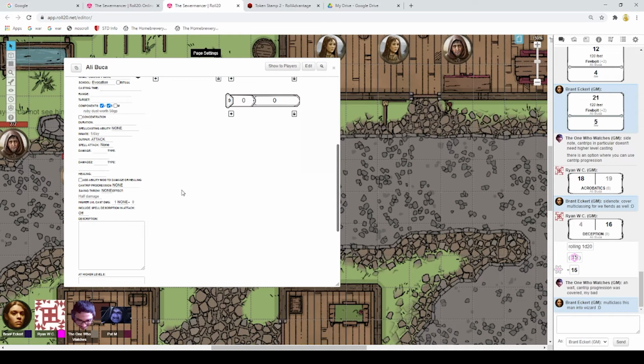Now, in this case, for spell attack, you would write none. You would keep it at none, even if it is a ranged attack, because you do not need to roll a ranged attack dice. You do not need to roll a 1d20. You would simply write down that it deals 1d radiant damage. You would keep the cantrip progression at normal. However, you would include a saving throw effect. The saving throw effect would most likely use a strength saving throw or a dex saving throw,